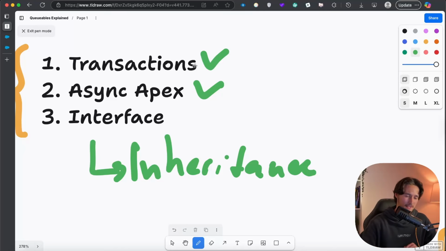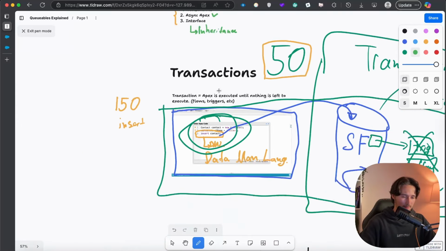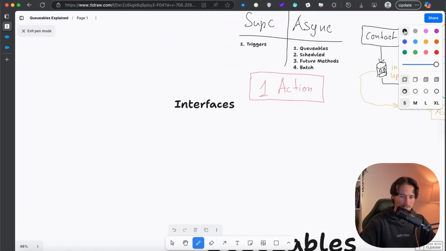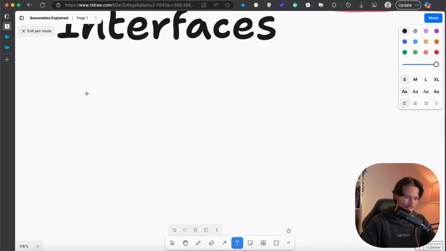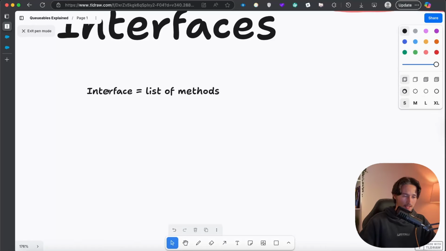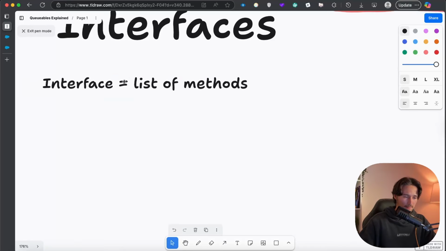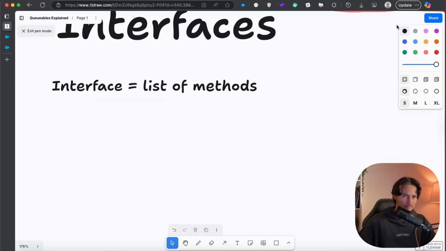So what are interfaces? Very easy. An interface is just a list of methods. That's all. Very simple. Obviously, there's something behind it. I'm going to show you, I'm going to write some code. But when we speak about methods,